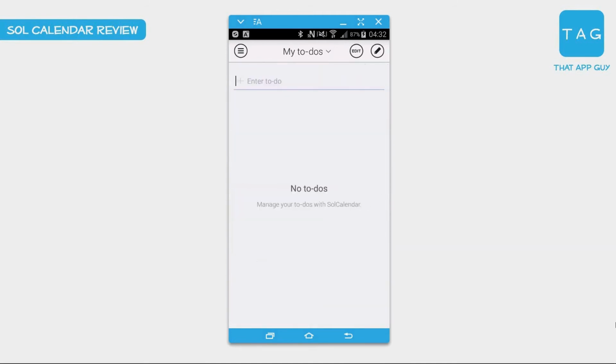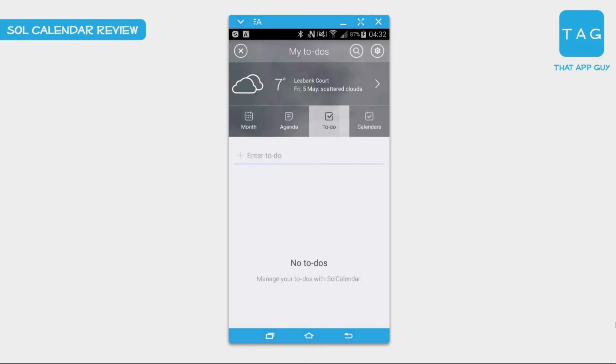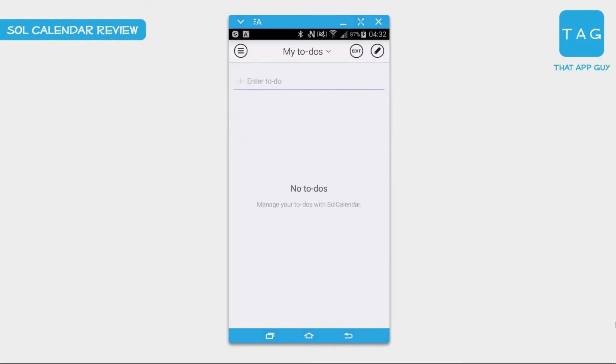And then next over is to-do lists. I haven't actually entered any to-dos for this because I'm still getting used to the application. Okay, so as you see from the top here, if I tap the three-line icon at the top left-hand corner,